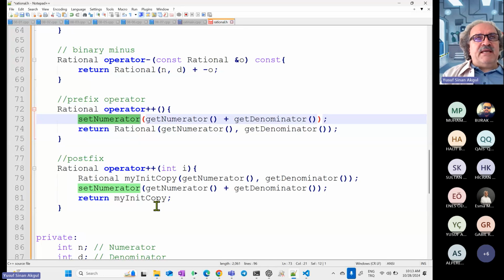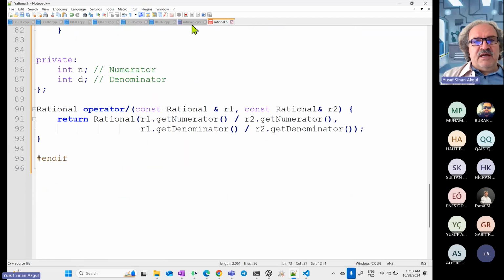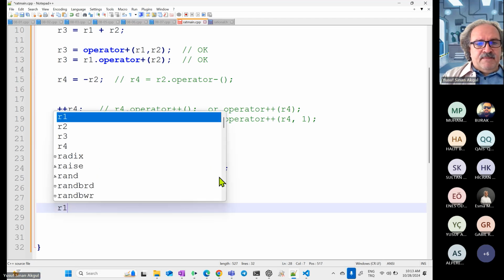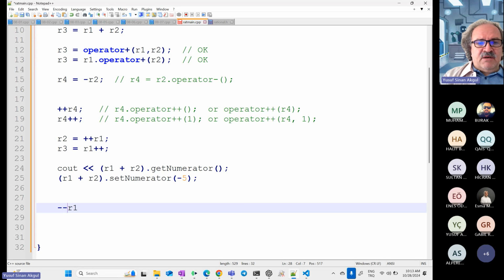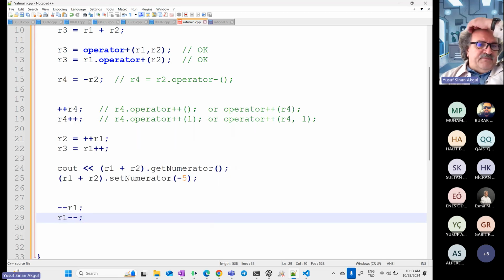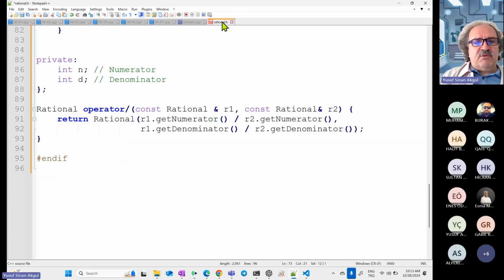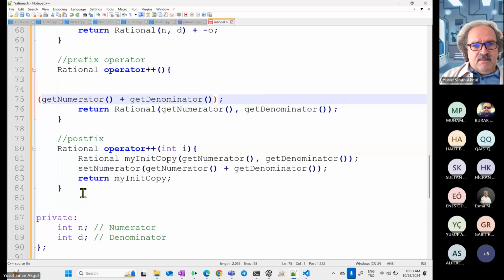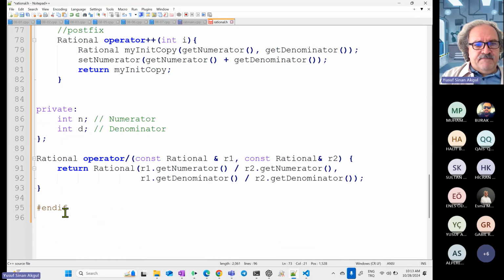Let's overload the minus minus operators for prefix and postfix. But this time let's do it in a global function. So I am going to do this: minus minus R1 and R1 minus minus, both of them. Let's overload them as global operators. Both of them. Okay, so